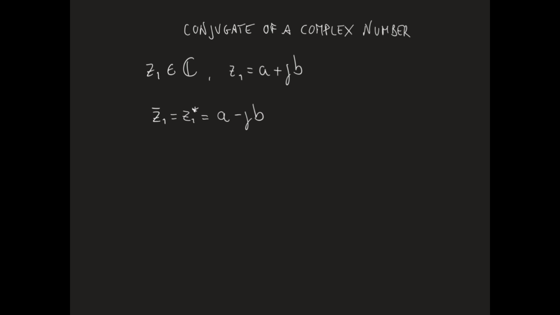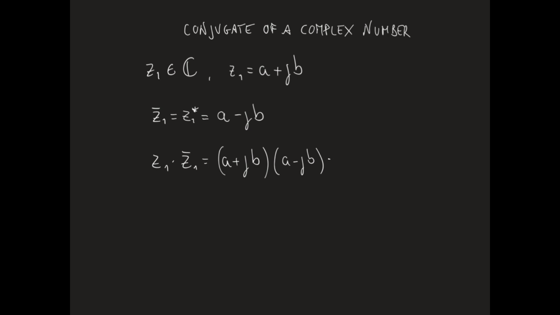Let us compute z1 times its complex conjugate. So z1 times the conjugate of z1 is given by a plus jb times a minus jb,